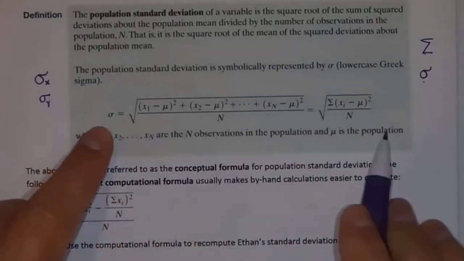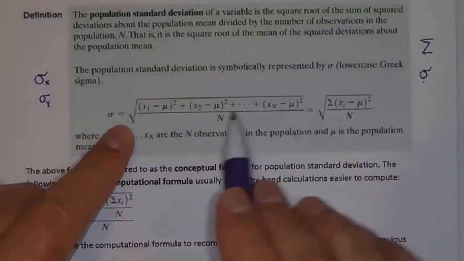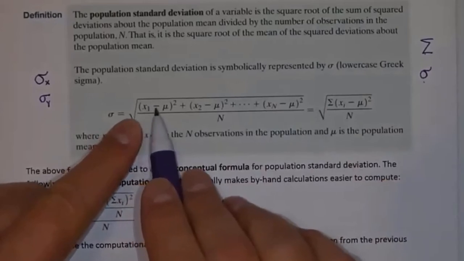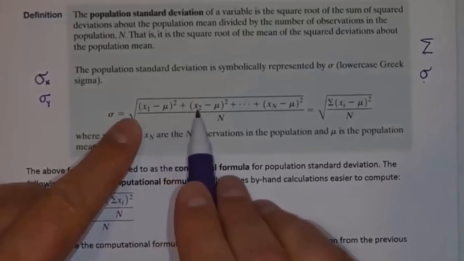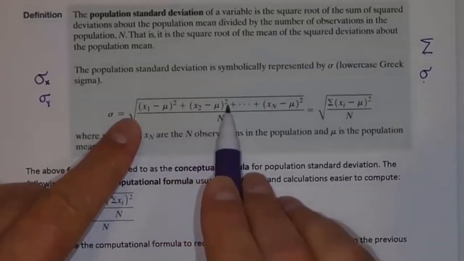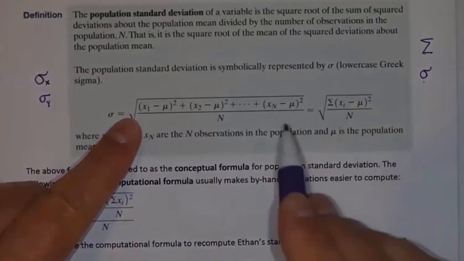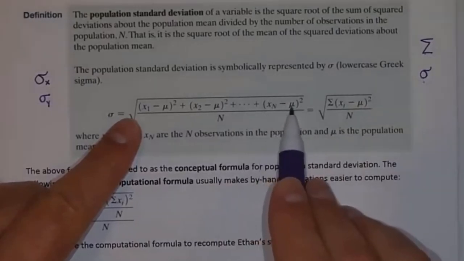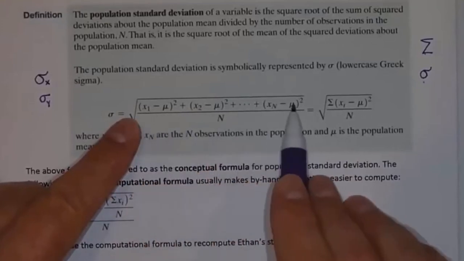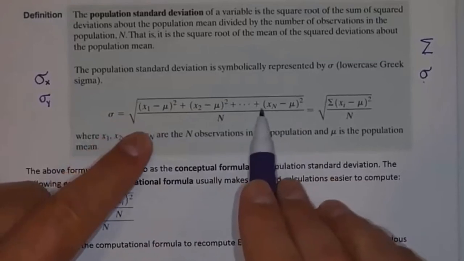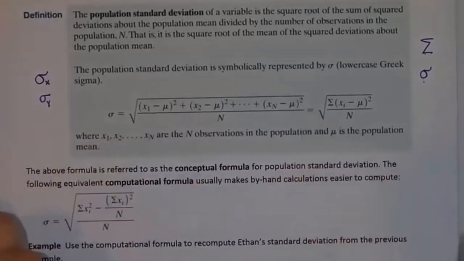So let's pick apart this formula. Sigma equals the square root. We talked about that. We're going to take the first data value minus the mean, and we're going to square it. Then plus, we're going to take the second data value minus the mean, and square it. And we're going to take the third data value minus the mean, and square it. And we're going to keep doing that and adding it up until we get to the last data value minus the mean and square it. So that is the deviation squared, and we're averaging the squares of the deviations. So we're adding those up, we're dividing by n,